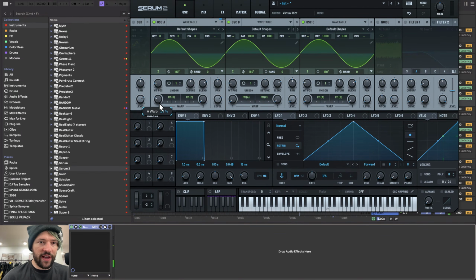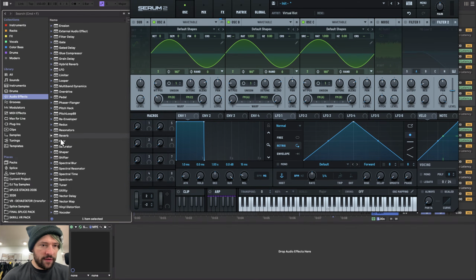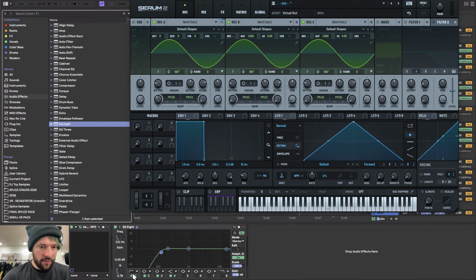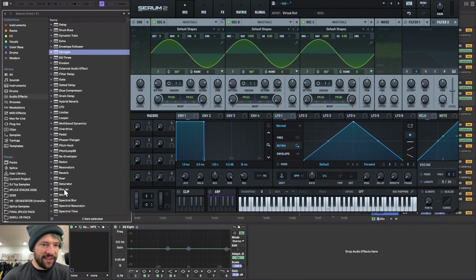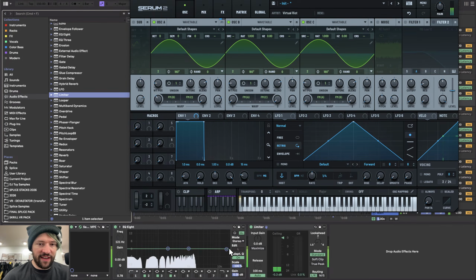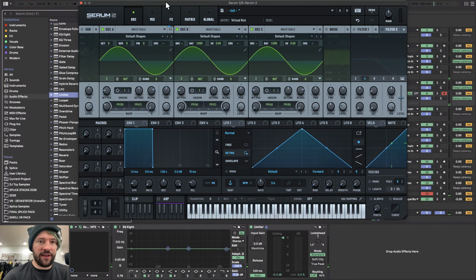Just very harsh, very quickly, and very noisy. Let's also put a little EQ down there so we can see what's going on. And maybe a limiter in the end, just in case. But it's really fun to play around with this, and do some kind of feedback chain. So now A is FM'd from B, B is going to be FM'd from C,